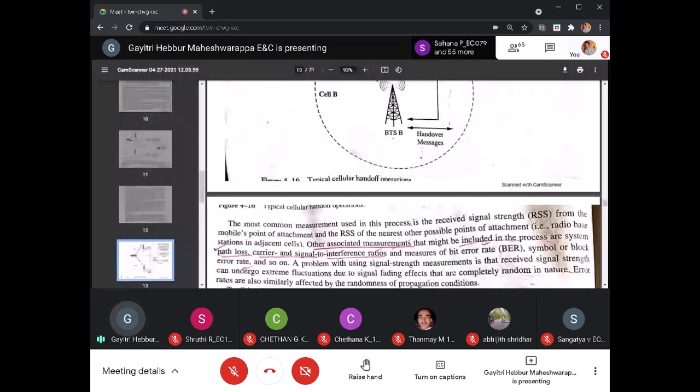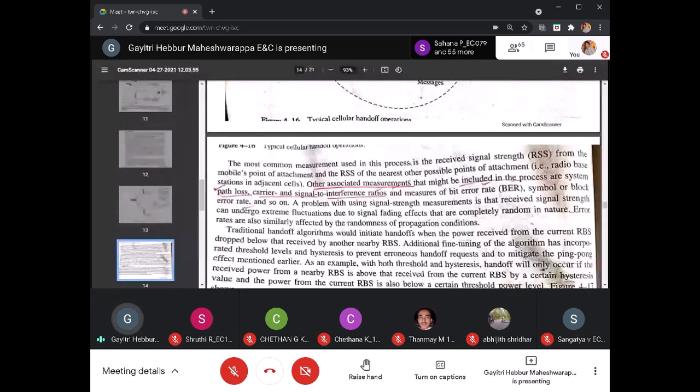So, as I already told you, based on the environmental conditions, fading means fluctuation in the received signal strength, or some shadowing effect or something else. Based on that, the received signal strength of MS and BTS may reduce because of path loss, even though the mobile station is in the same radio base station. So the decision cannot be based only on the RSS. Okay, they have to take into account the distance traveled, all those things, along with the received signal strength.